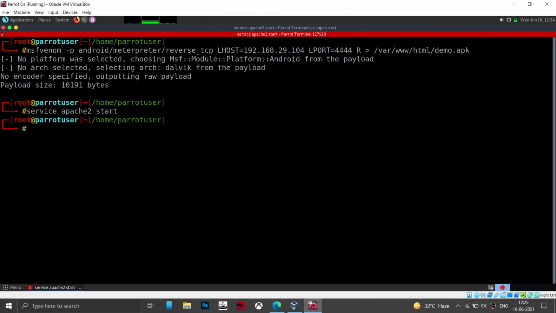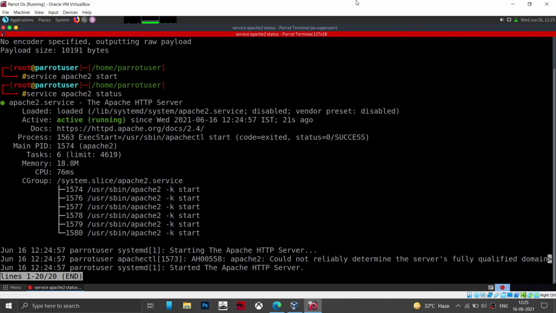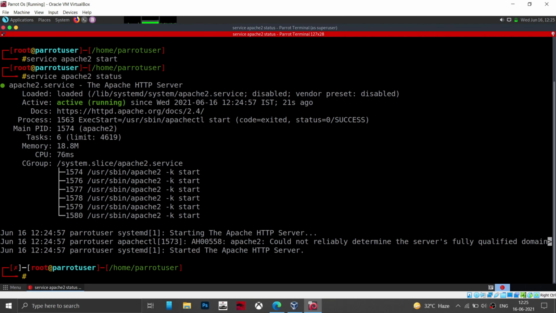This will start the Apache 2 service on your PC, and you can use the local network to access this service. Now if you want to check its status, type service apache2 status. So you can see it is active and running. Now press Ctrl+C.